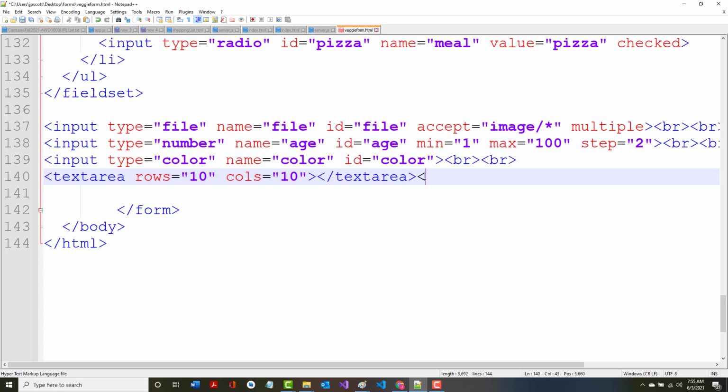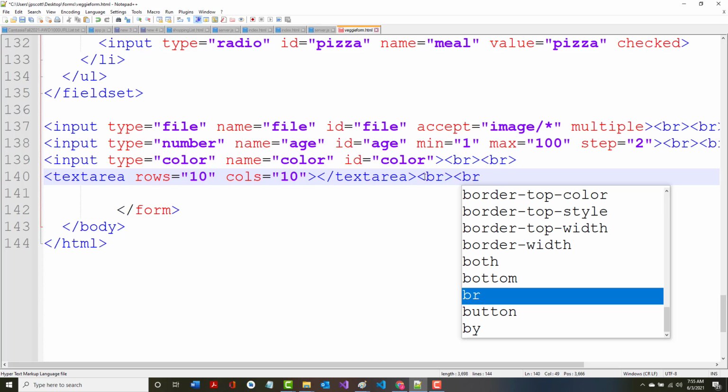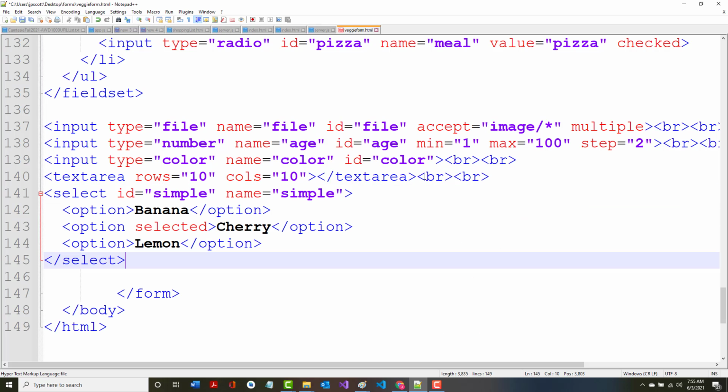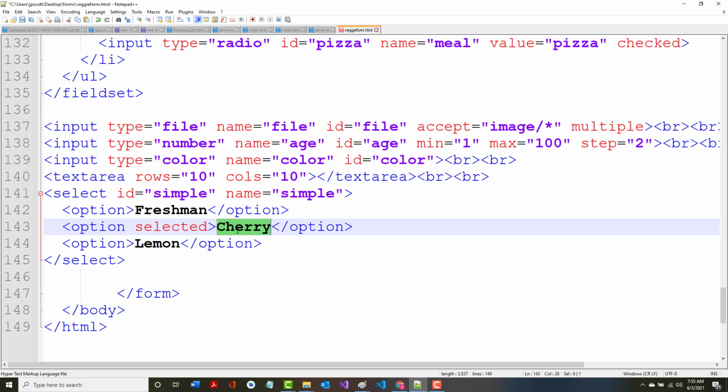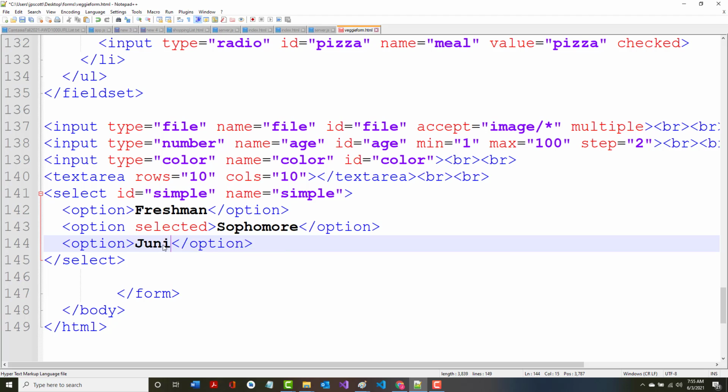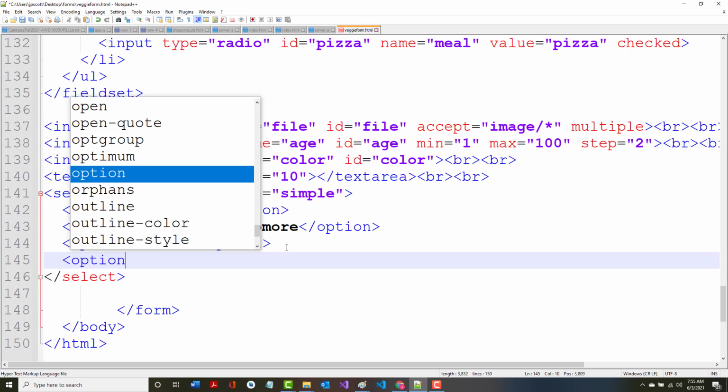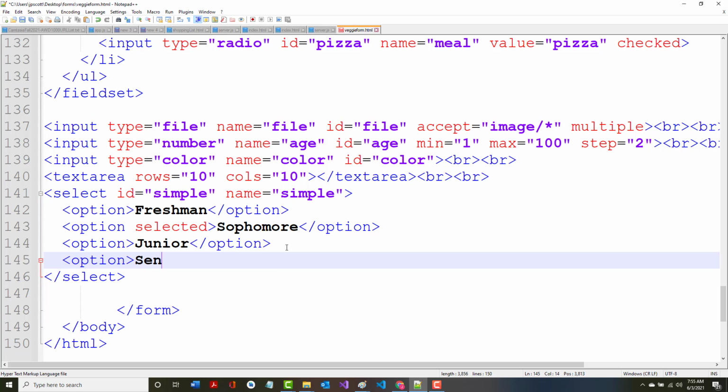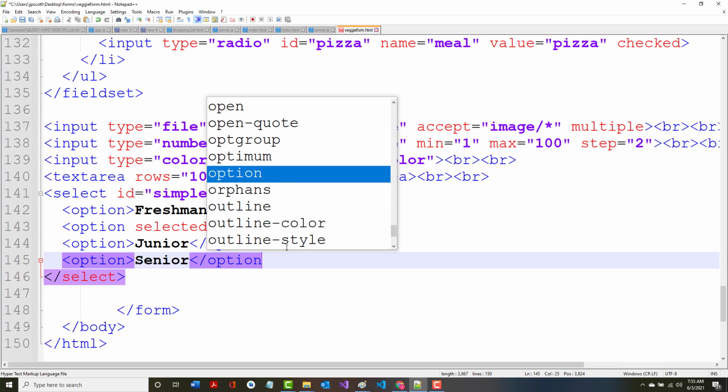Again, let's add a couple of line breaks here. And I don't like the example that they have here. So let's say freshman, sophomore, junior, senior. Now, a lot of times when you have this and you have it set up like this, what you'll see at the beginning is something like